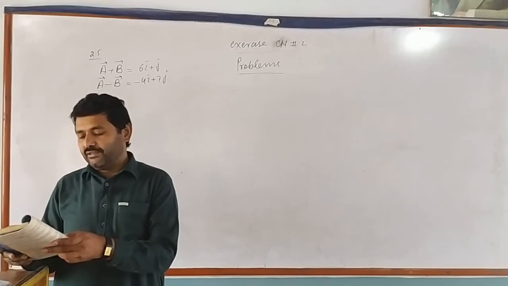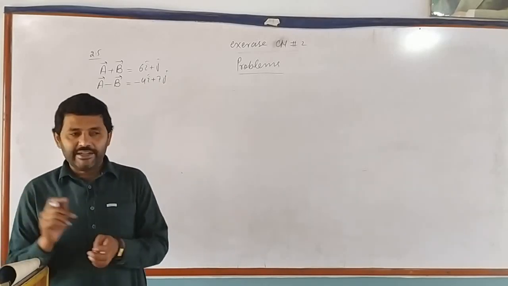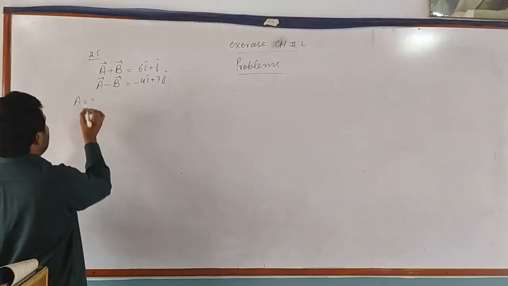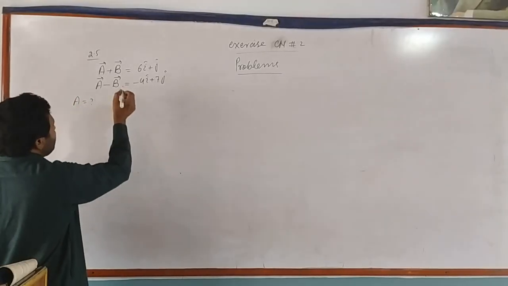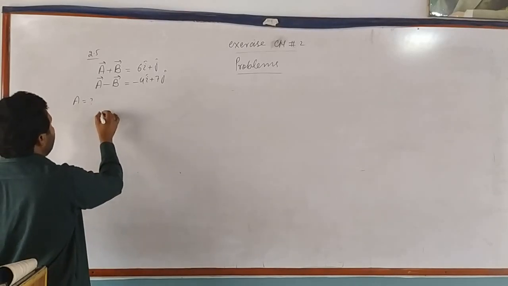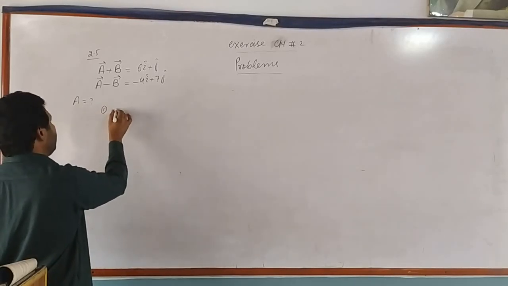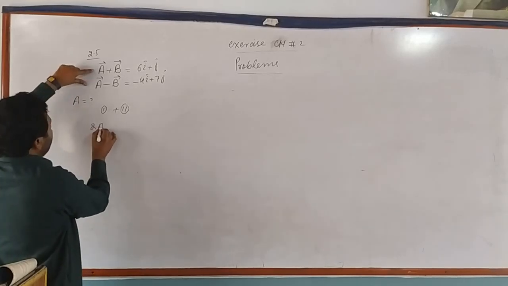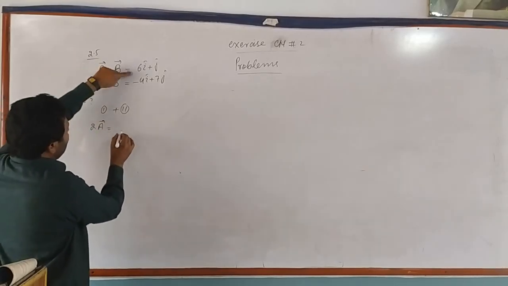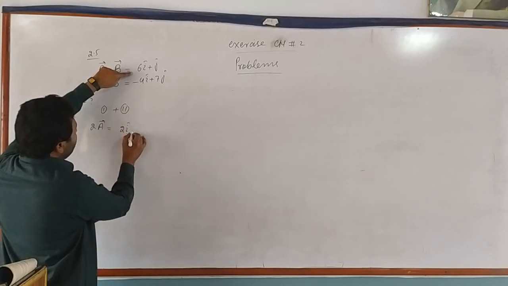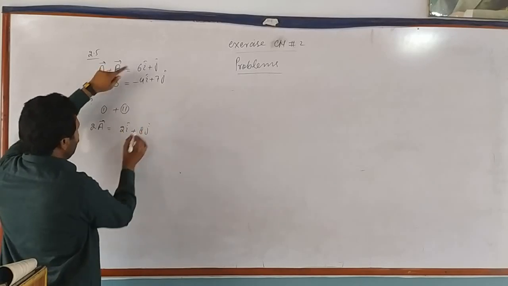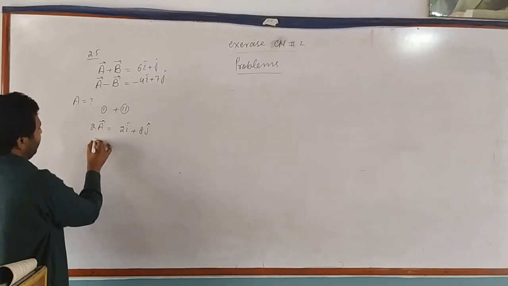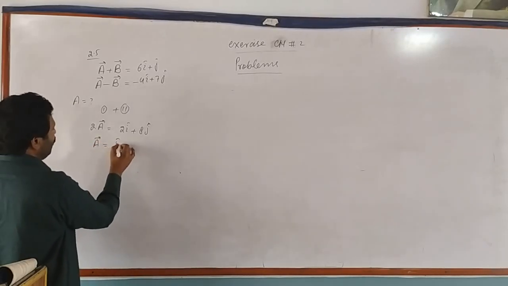We have to find the magnitude of vector A, which is represented by this sign. We add equation number 1 and equation number 2. Adding them, we find 2 vector A is equal to 2i unit vector plus 8j unit vector. Dividing both sides by 2, the result will be vector A is equal to i unit